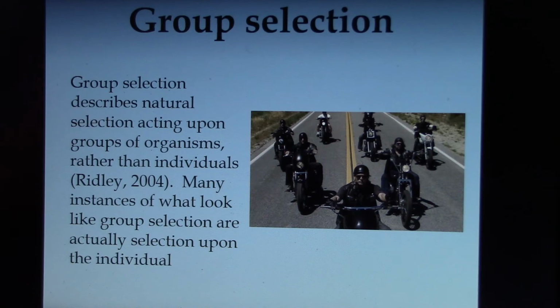And then group selection, which is kind of like gene selection, where we see it in some. We see it to a certain degree, but it's not the overwhelming unit of selection. But it does happen with some. I put a motorcycle group here, you know, Sons of Anarchy. But there are, in fact, humans are a little more group selected.